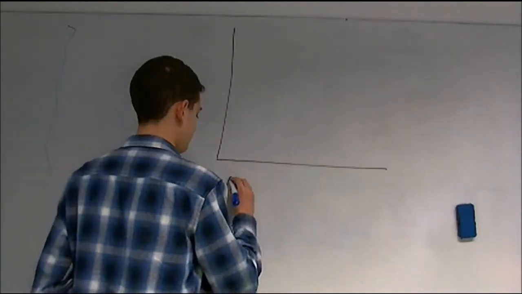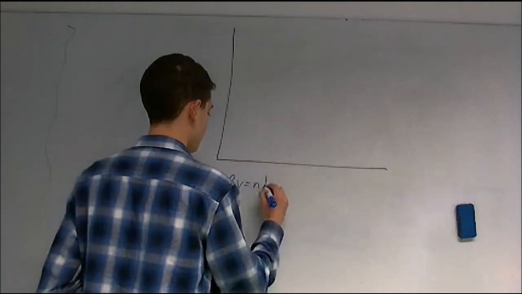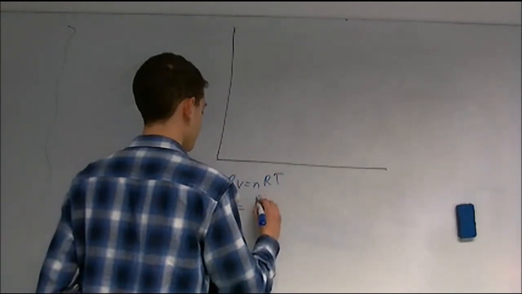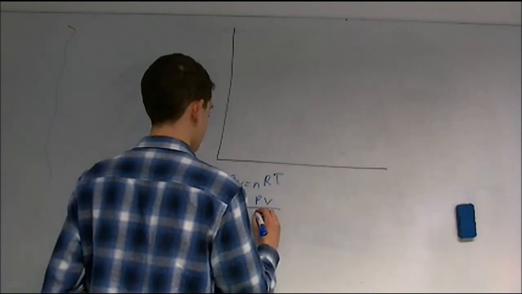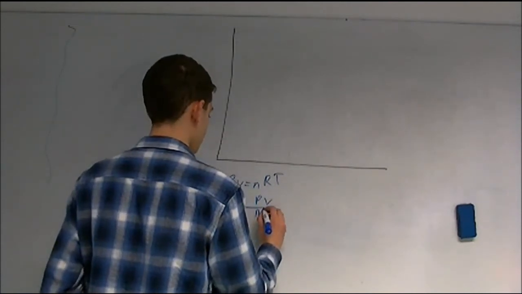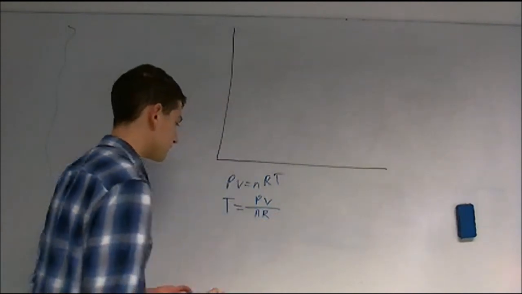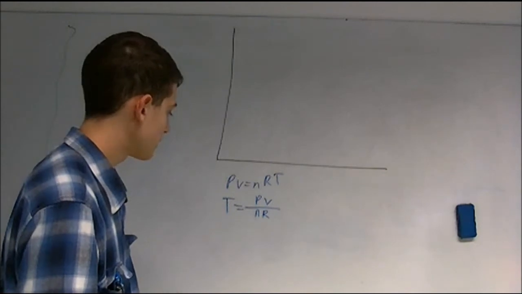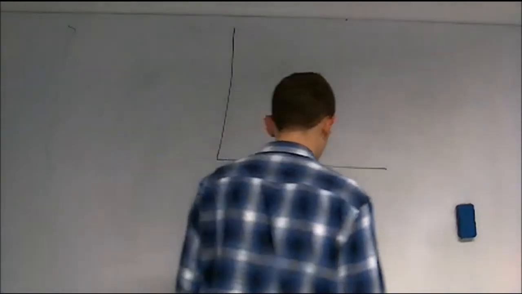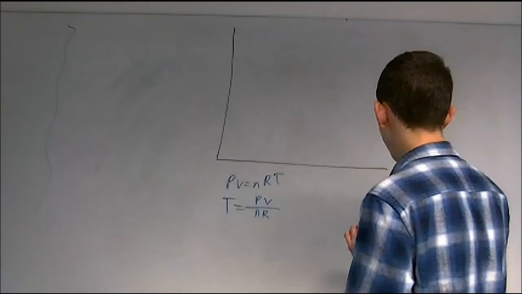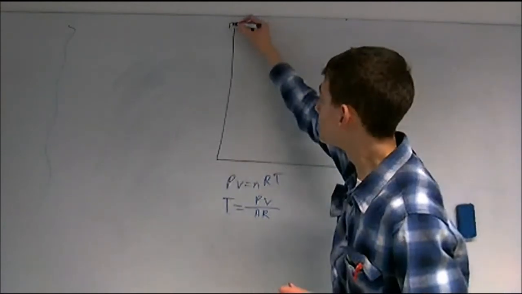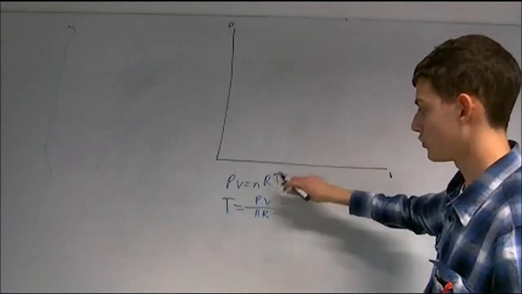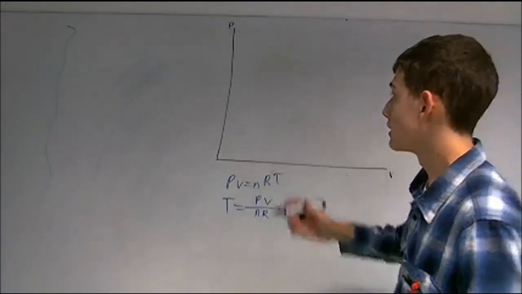If PV equals nRT, then T equals PV over nR. So that means that when you're increasing V, you have to decrease P. And what you end up with